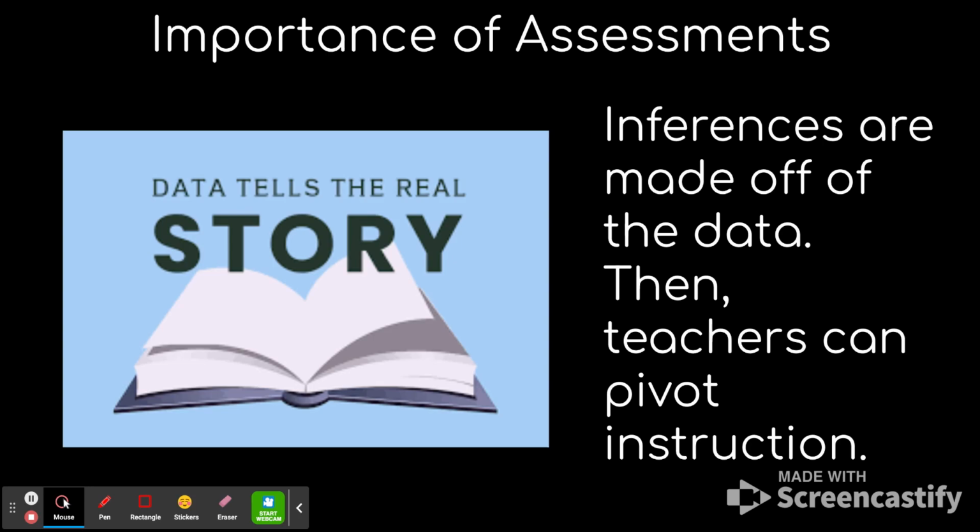I hear teachers say a lot, how does this impact my daily instruction? If we wait till the summative assessment, it's very hard to backtrack. Because time is of the essence and we have things to carry out per each unit and per each grading period, it's really important that we know along the way, before we get to that final formal or summative assessment, what the data is really telling us, so we can diagnose along the way and make adjustments so that kids can be successful on that summative assessment.